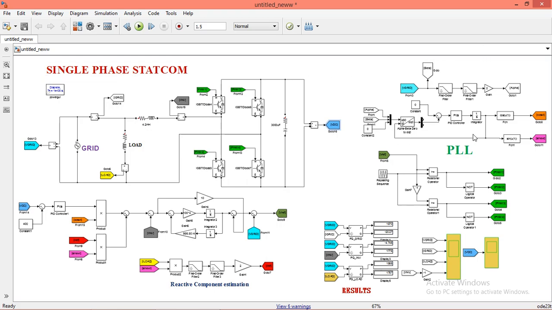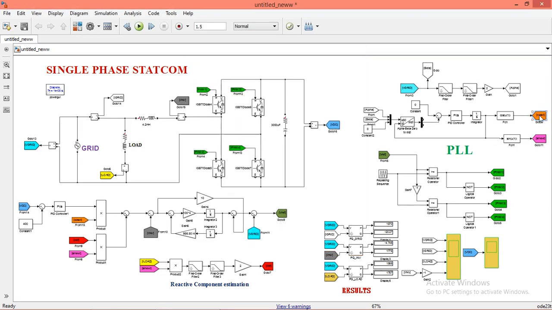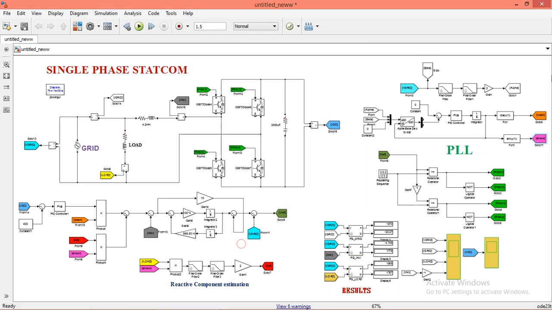Now this is the PLL that I have explained in one of my previous videos. I have explained everything in detail, how to design and how to put values for all these components, in that video. You can refer to it and I will leave a link in the I button. V grid from this point is connected to this point, and after all these calculations we will get two signals. One is cos omega t, which is aligned in phase with the grid, and sin omega t, which is 90 degrees apart from the grid. So these two are the outputs of the phase locked loop.